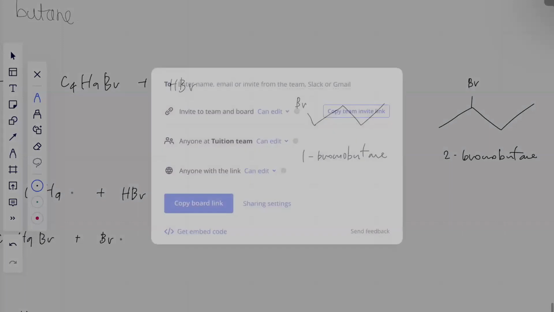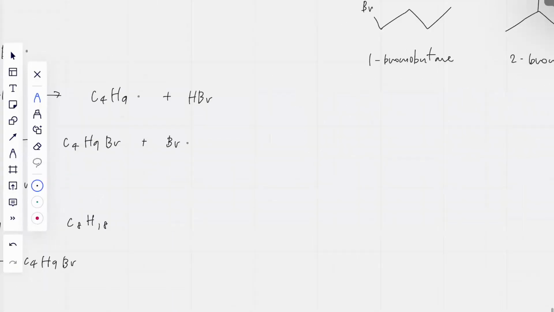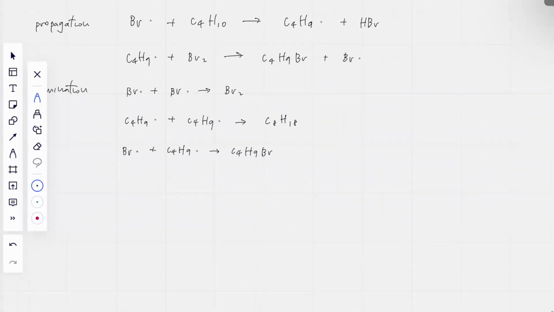Yeah, okay. And try give me all the possible isomers of that. Then after that, you say which one is